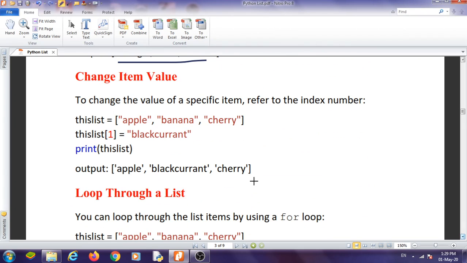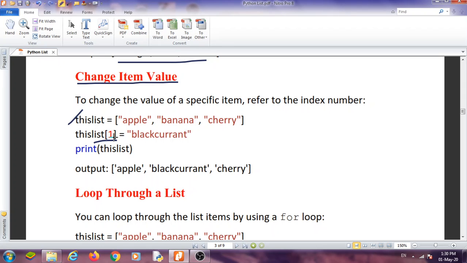Change of the item: because a list is a type of structure whose values can be changed, when it is mutable we can change the elements. Suppose this is the list, and list[1], where 1 is the index.